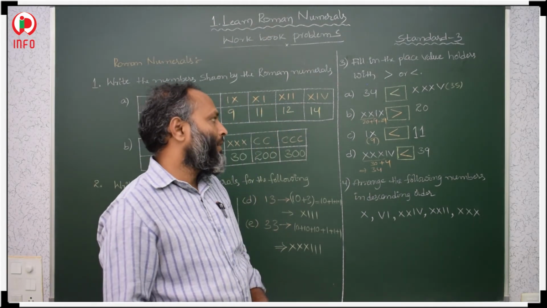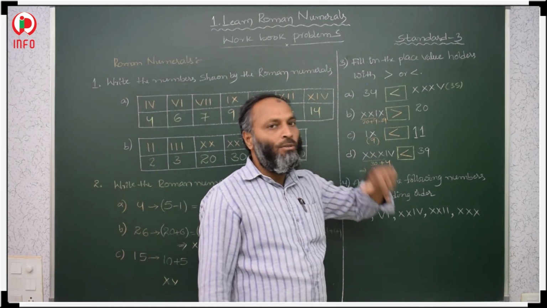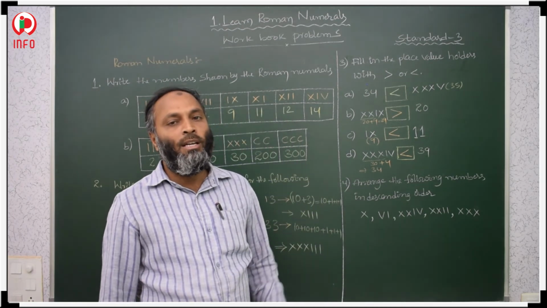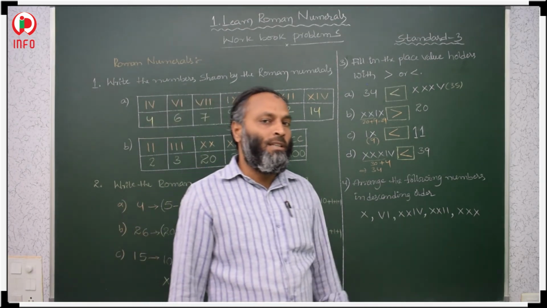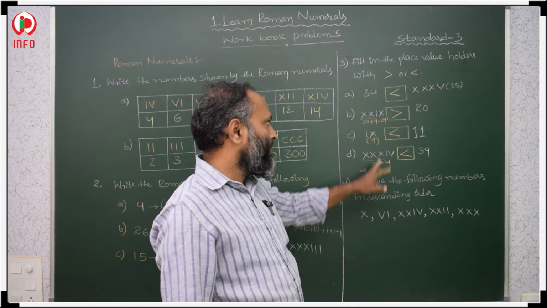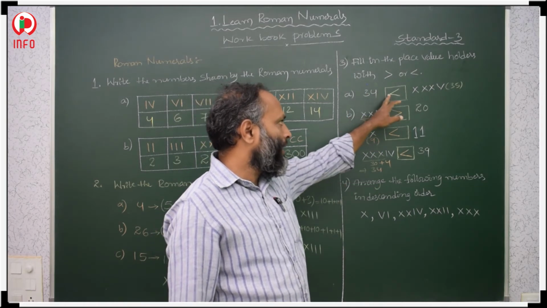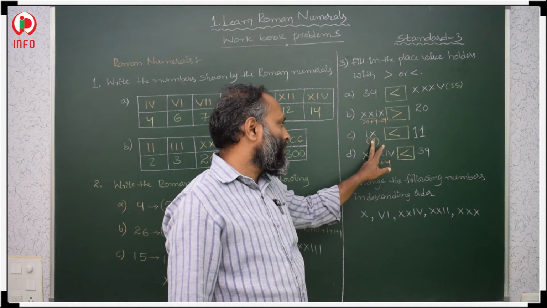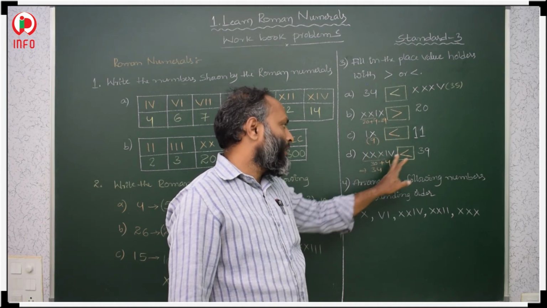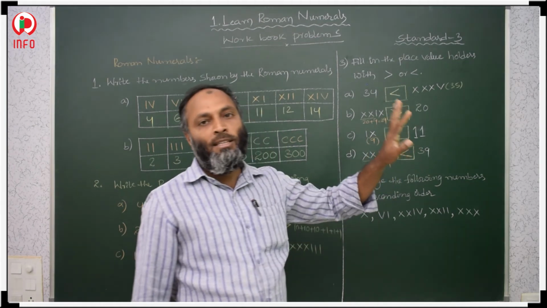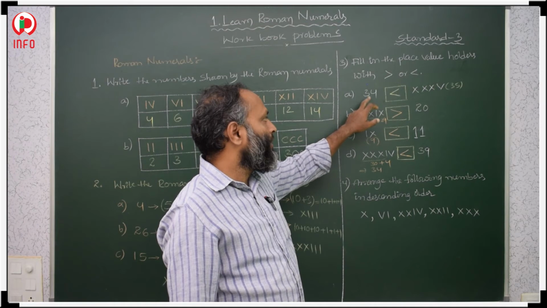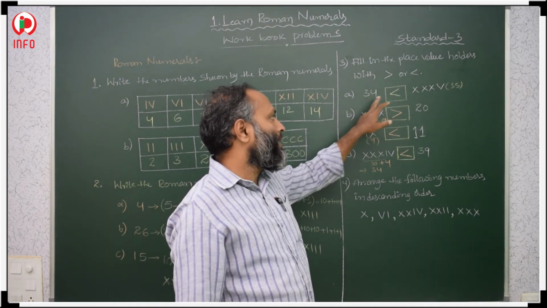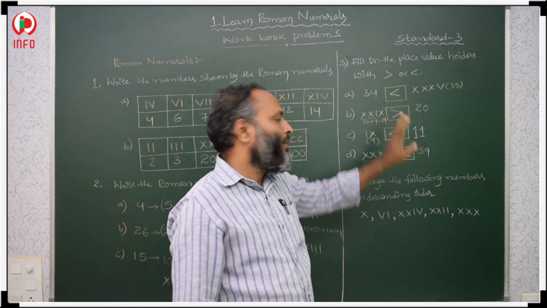So in this way we have to convert the Roman numerals into Hindu-Arabic numerals. Then after that we have to decide which one is greater and which one is less. We have to check this part first. If this is less, then take less than. If this is greater, then take greater than. On the basis of the left side value, if it is less, then keep the less than sign. If it is greater, keep the greater than sign.